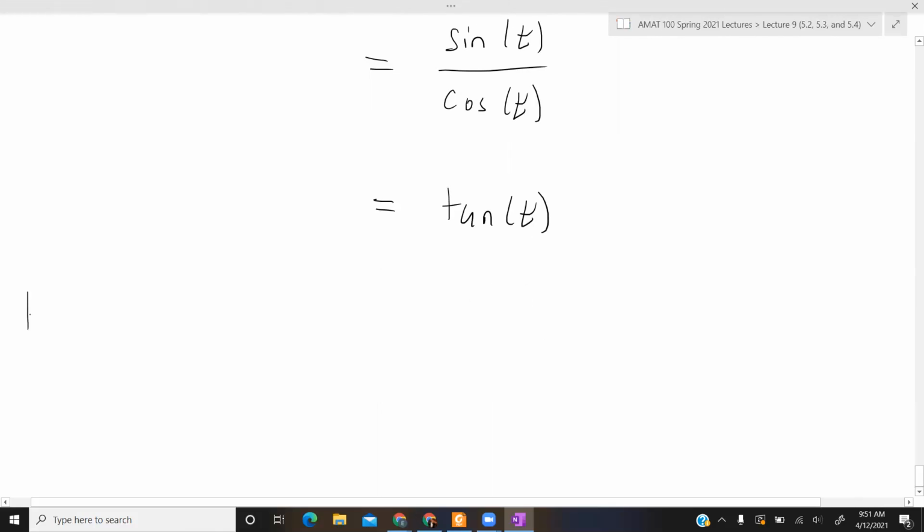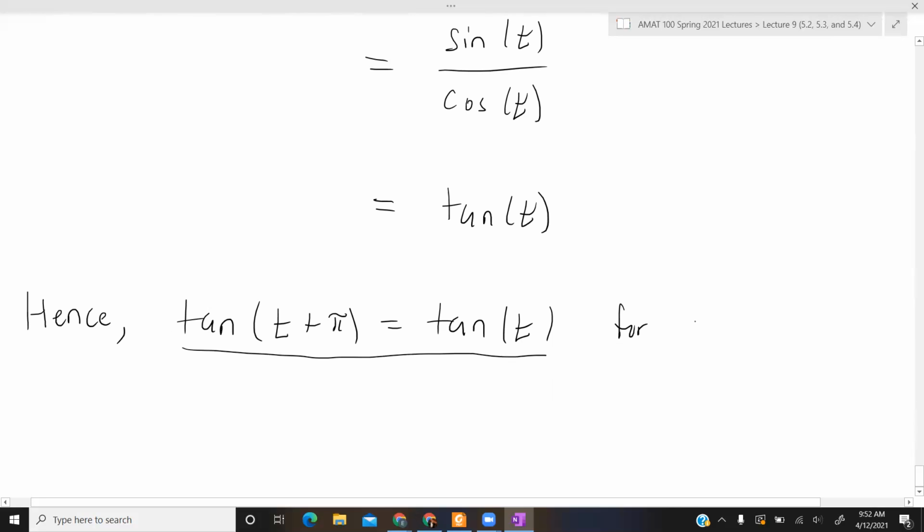So to prove this identity, we use the definition of tan of t in terms of the unit circle. This proves that tan of t plus pi is equal to tan of t. Without loss of generality, we chose t to land you in the first quadrant, but it would have worked for any t. So this equation holds for all real numbers t,